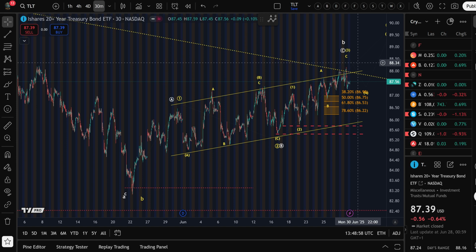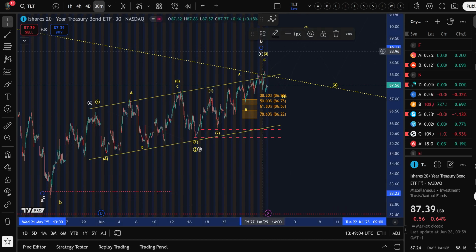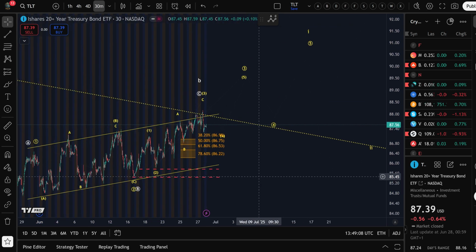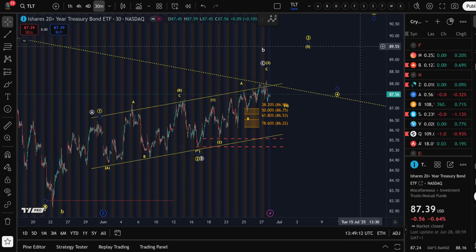Quick reminder, what we are tracking here is potentially just simply a B wave rally, a corrective rally, which now appears to be quite full. I will explain that a little bit more. Or we might even be in a more bullish scenario to the upside. But I cannot strongly lean towards that move to the upside because the price action isn't clearly bullish with all